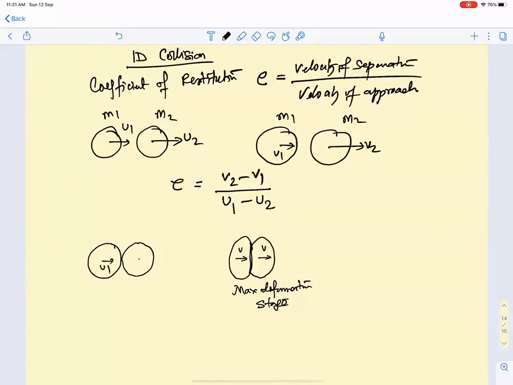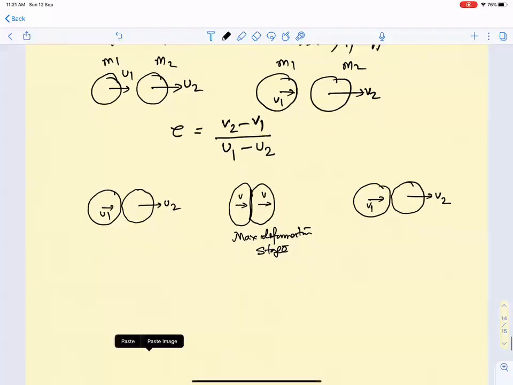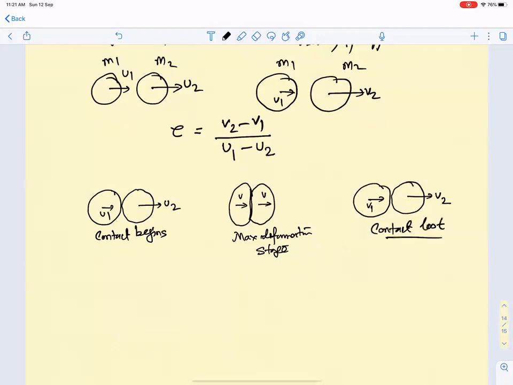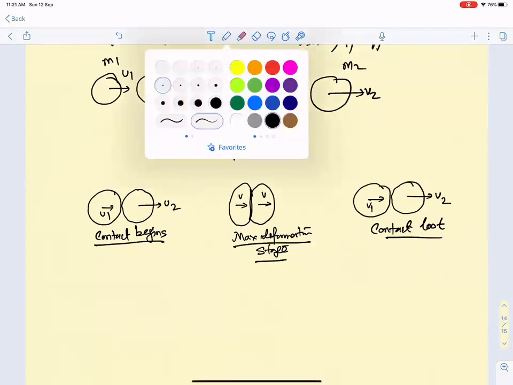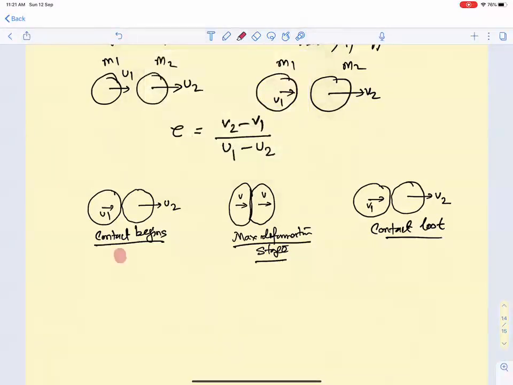Just the contact begins, and the last diagram is where the contact is lost. So here contact begins, and here contact is lost, and that is the maximum deformation stage. And this, from contact begins to maximum deformation stage,